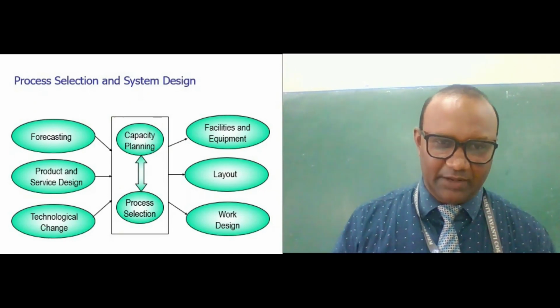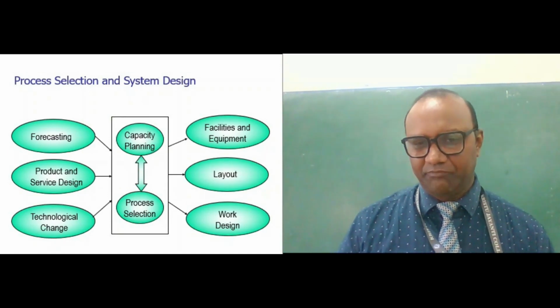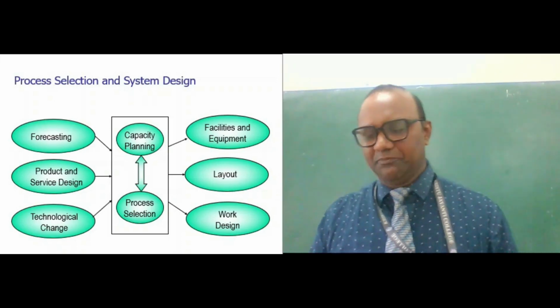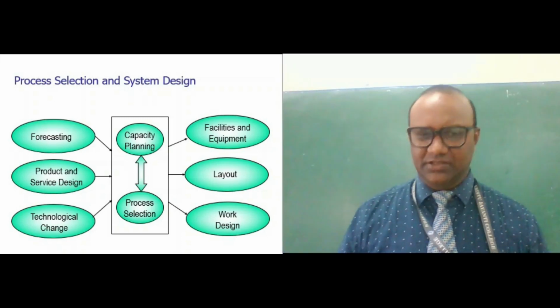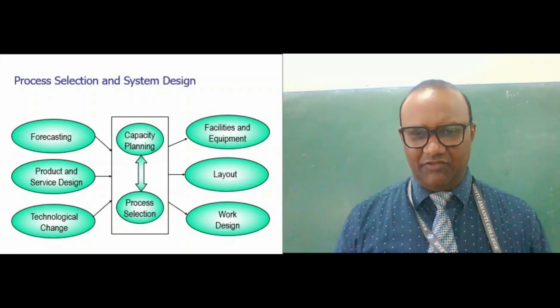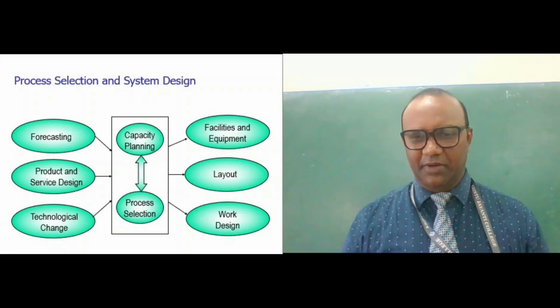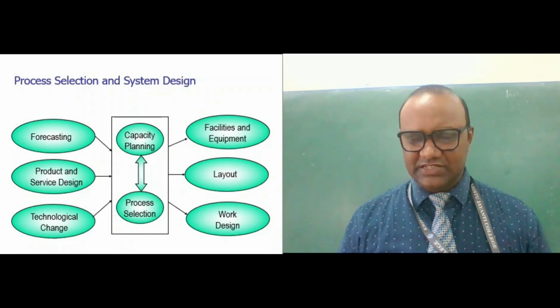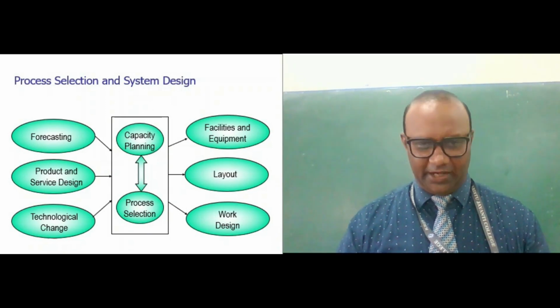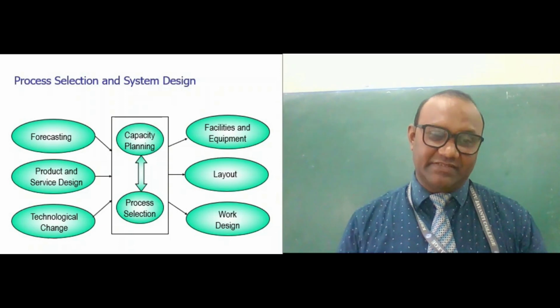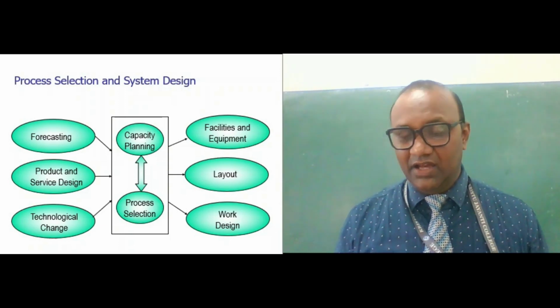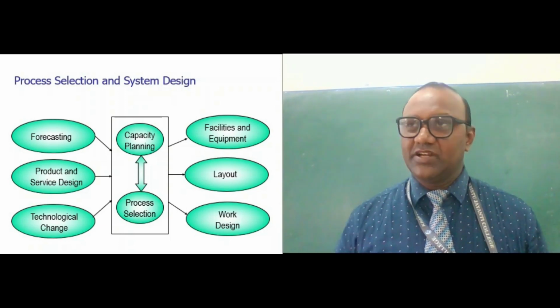Continuing further, when we are looking at process selection and system design, two important aspects become very important. One is the process selection: what kind of a process are we going to look at in terms of work design, in terms of how the layout is going to be configured, or in terms of how facilities and equipment are going to be planned accordingly. Next, we're going to look at the capacity planning, forecasting the demand for goods or manufacturing that is going